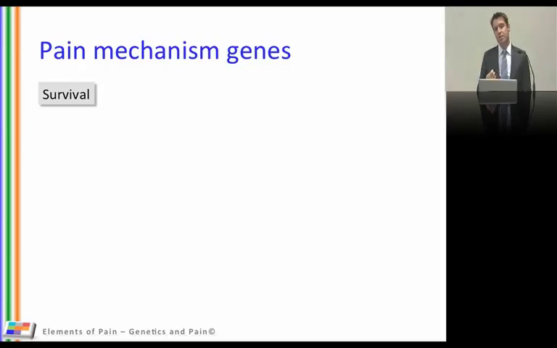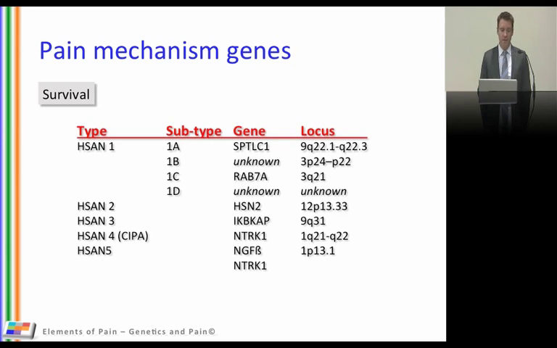So pain mechanistic genes are relatively well protected. So small changes in pain mechanistic genes, small SNPs, don't necessarily translate to phenotypic changes or changes that affect the sensation of pain. That's good. However, it doesn't happen always, and there are a group of diseases where patients have problems with pain mechanistic genes, and you'd expect them to not live far into adulthood, and that's exactly what happens in some groups of these